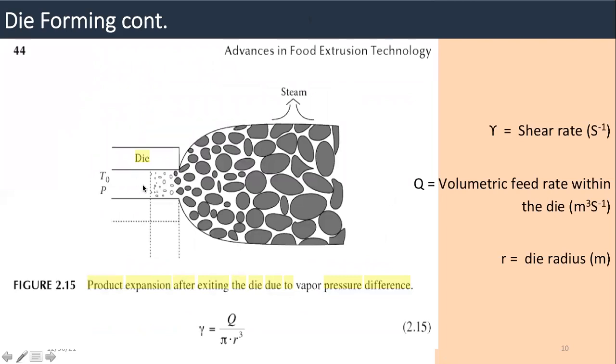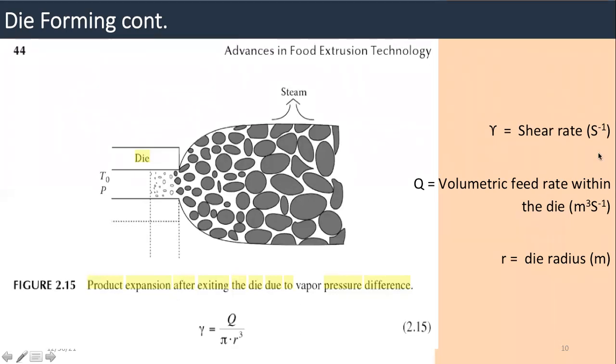what I explained. Here you can see the die and what happened to the particle size, right? As we discussed, the particle size is being increased, right? It's been increased due to the pressure change, right? And in this equation, you can calculate the shear rate and die radius. These are the die radius and the feed rate. They are actually constant for a particular processing line. You can calculate shear rate.